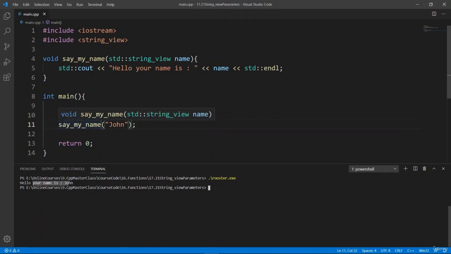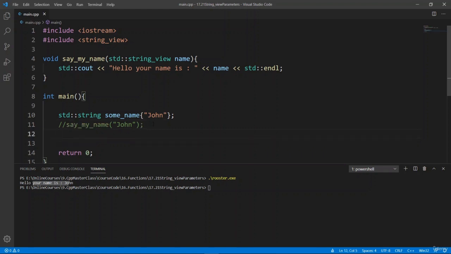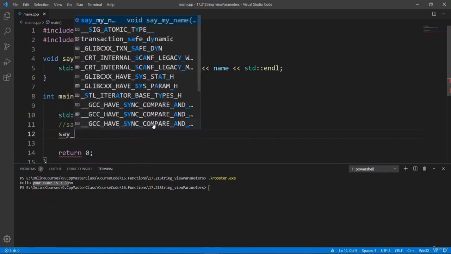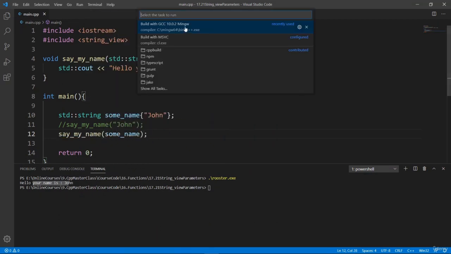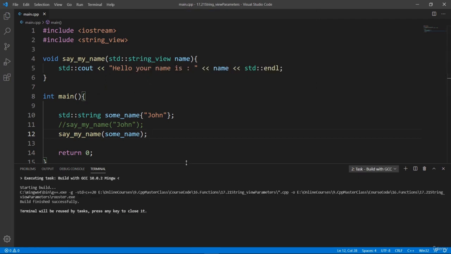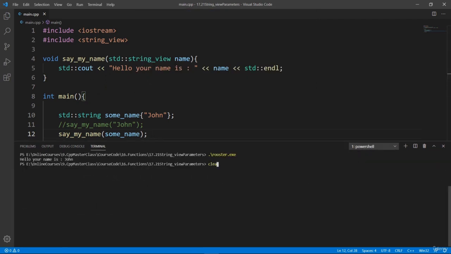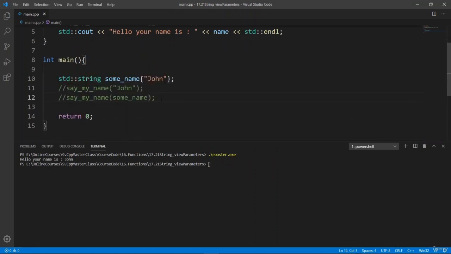And if we revert back to using a simple variable, let's do that. We're going to make it say some name, or we can even comment this out and say it down here so that you have this for reference. So we're going to say my name, and we're going to give it some name. You're going to see that this is going to work. We can use our function here however we want, and this is going to really give us a lot of flexibility. We can clear and run rooster, hello John, and we can even construct a string view argument in place